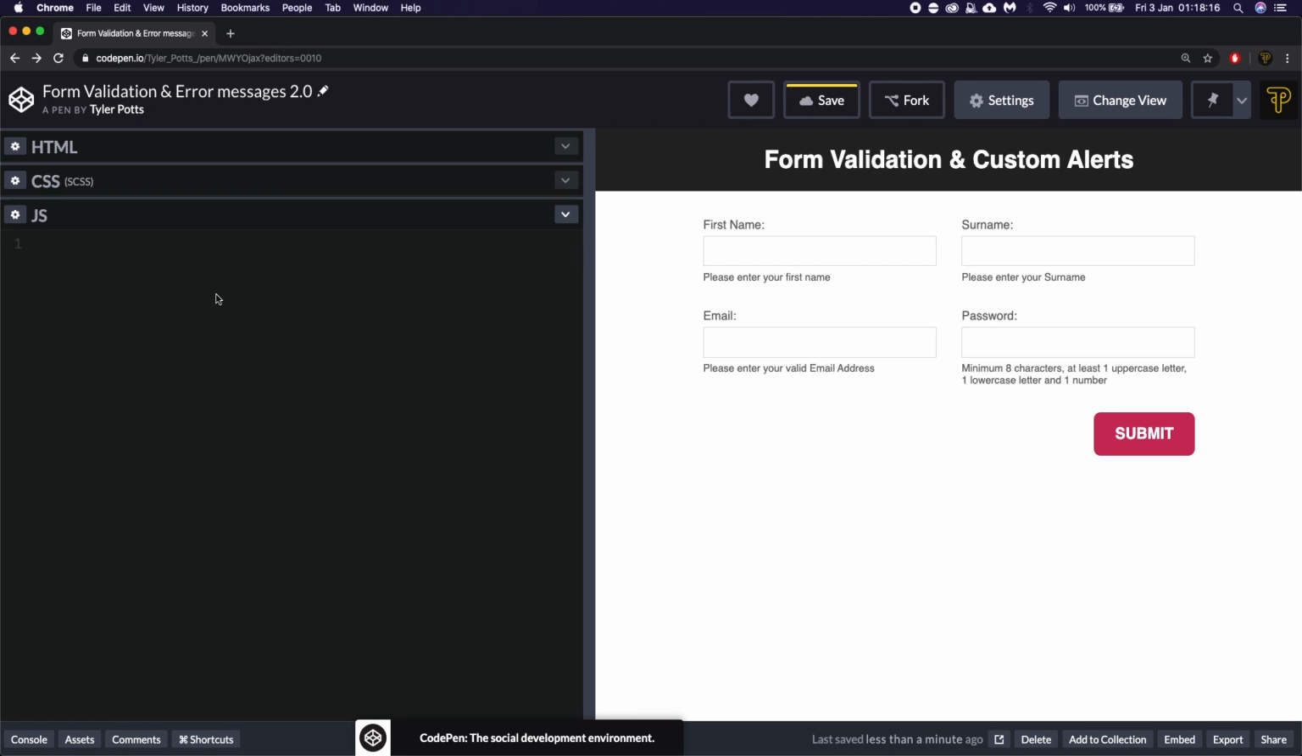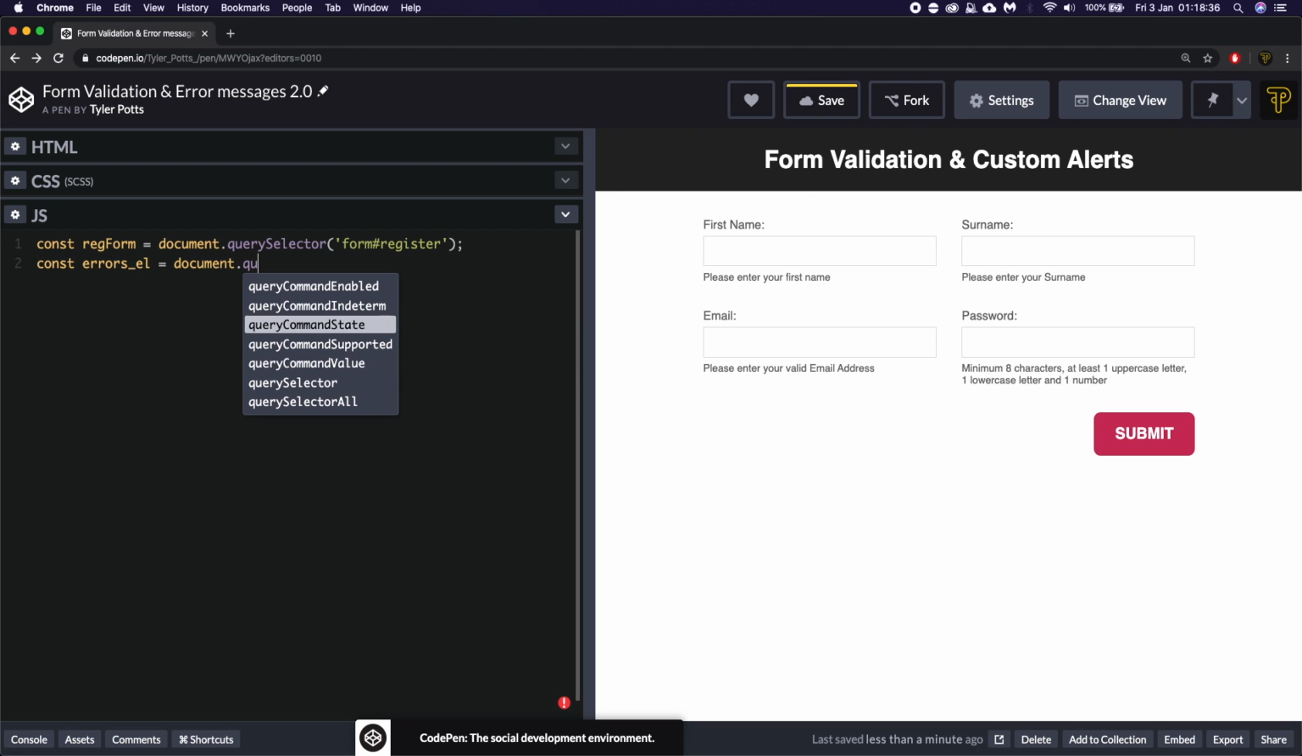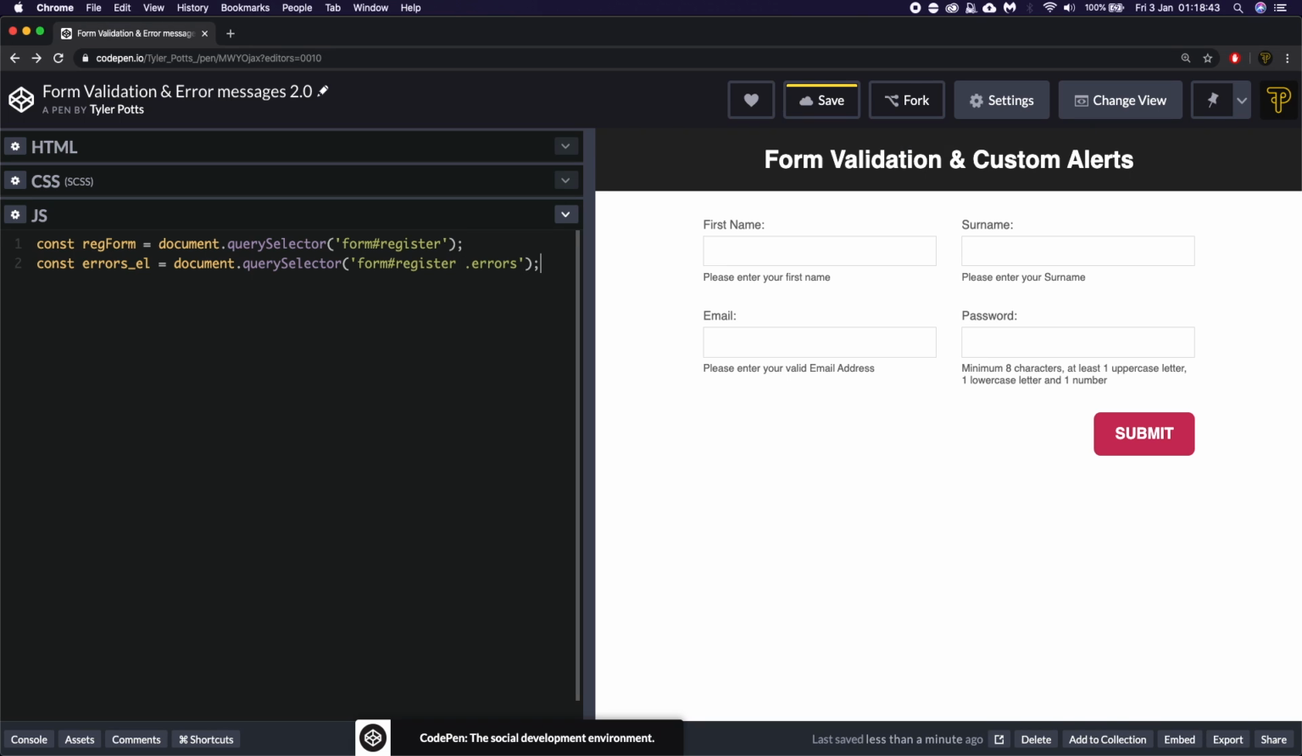So we're going to get the register form, so we're going to say regForm is equal to document.querySelector, and we're going to say form#register. We're then going to have a const of errorsEl, which is equal to document.querySelector, and again it's going to be form#register and .errors, because that's going to be our errors element. We then want to add an event listener to this form,